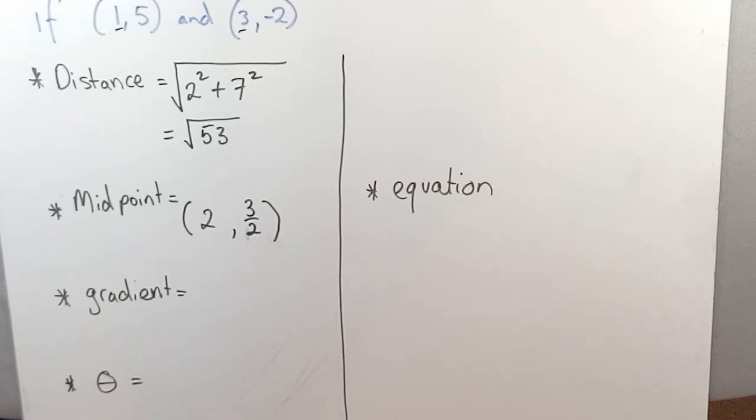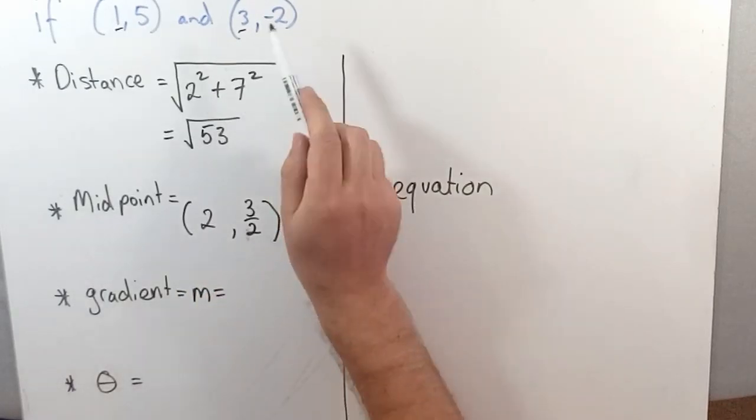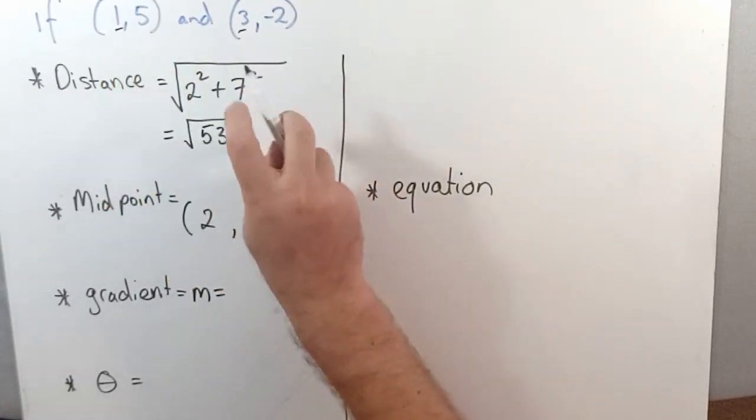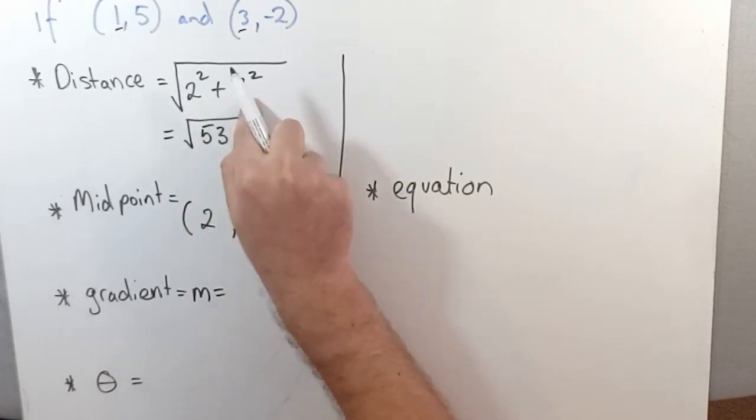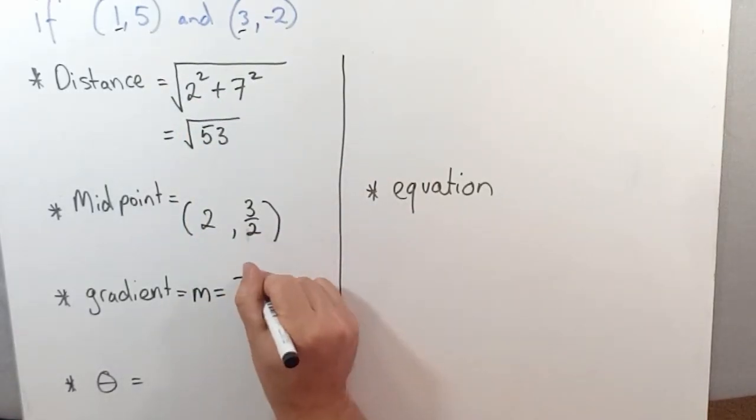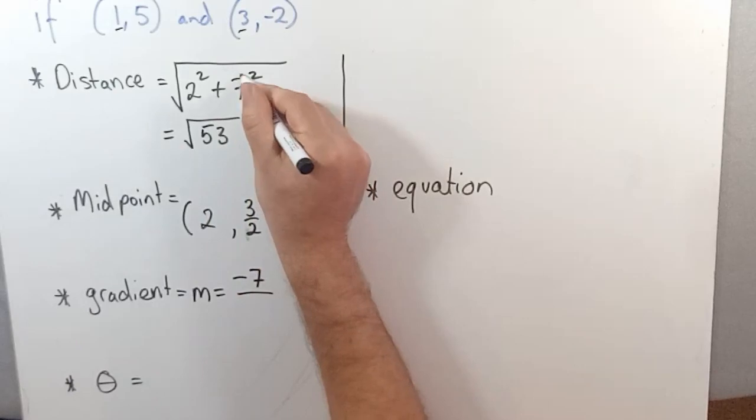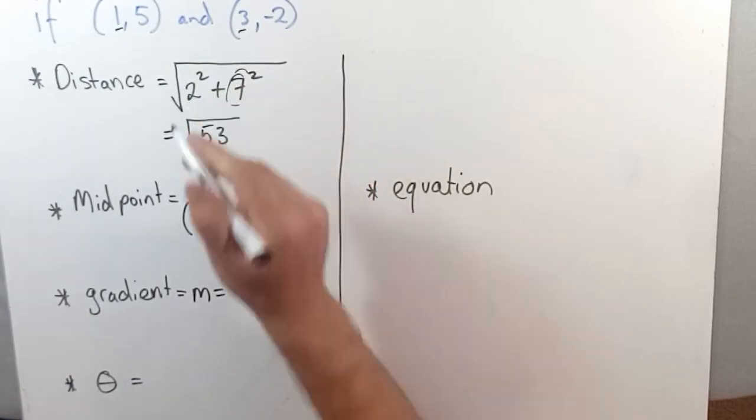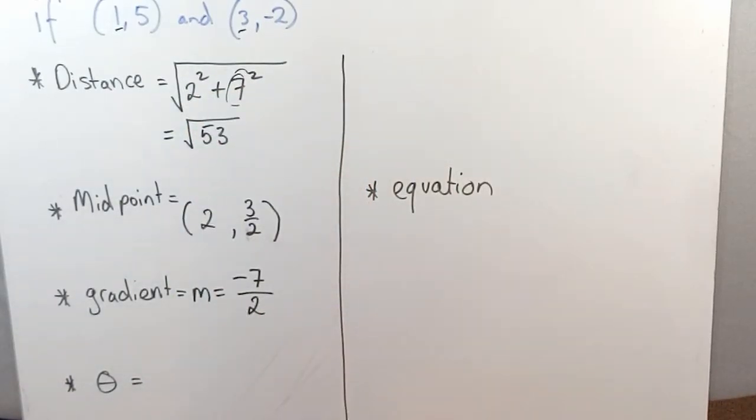Okay, the gradient, the rise over the run. So the gradient m equals, what have we got now? Okay, so we've already found the rise and the run here. So we've gone down 7, right, from here, and across 2 from there. So -3.5. Done. That's the gradient. And now,